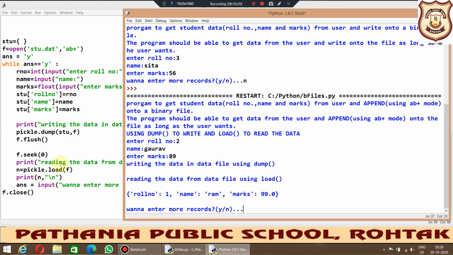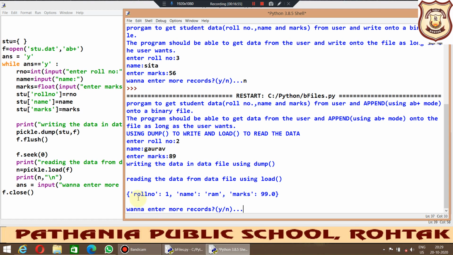And how are we able to manage both read and write operations on the same file? Because we have opened the file in append mode, and that too in binary format, right? When the data is inside the file, we cannot read it, but when we use the print statement to print it here, it will be in readable format only. Inside the student.dat file it exists in binary format only. Here you can read it, but if I show you the file, you will not be able to read it. We have seen that already, right?